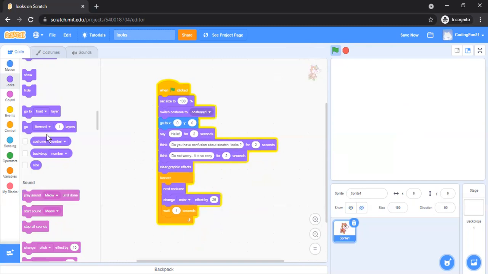And go forward is used, suppose 2 or 3 sprites are there, on which sprite or where you want it. So then you can use this one, and go to front also. If you want your sprite to come to the front, you can use that also. So that's all about the looks. So motion is used for moving the object, whereas looks is about how the sprite will look, maybe shown on the screen, not shown on the screen, changing its color, or doing some other work. So appearance related things come under the looks block.